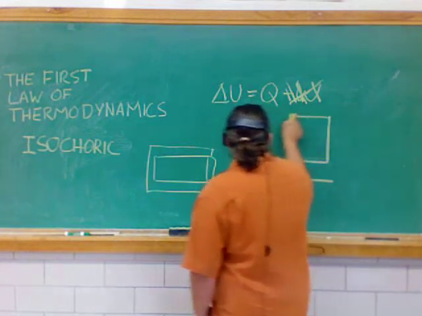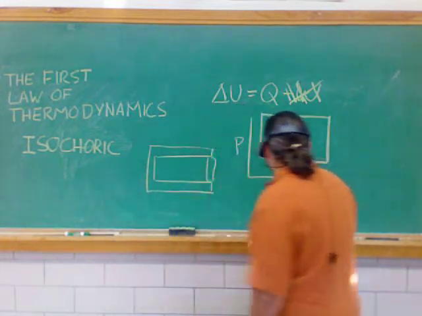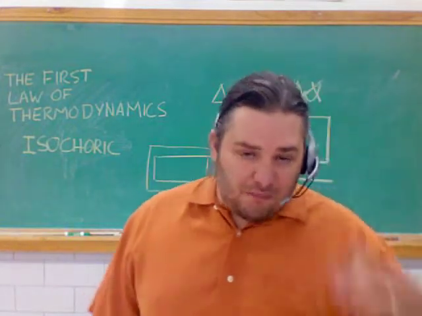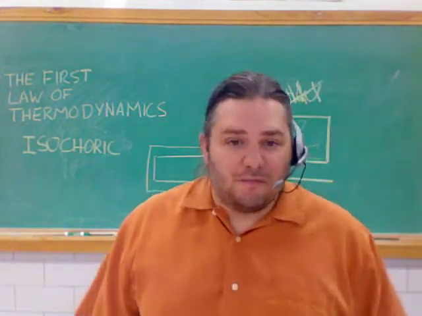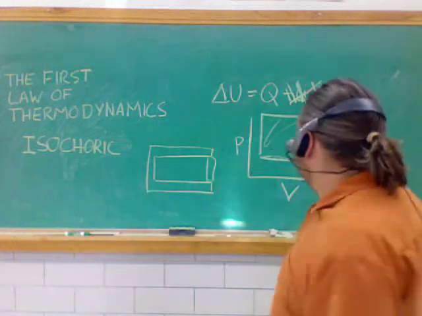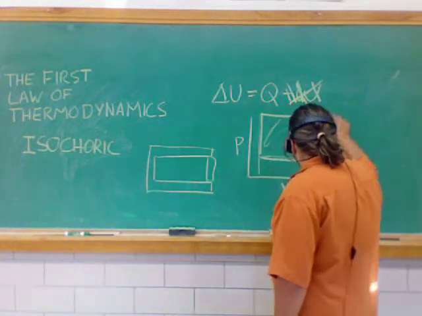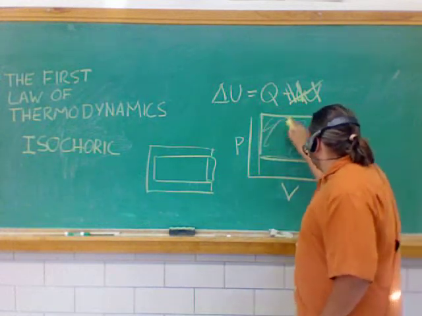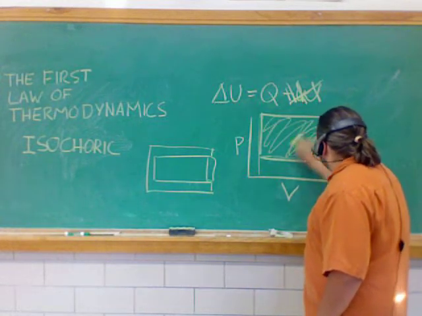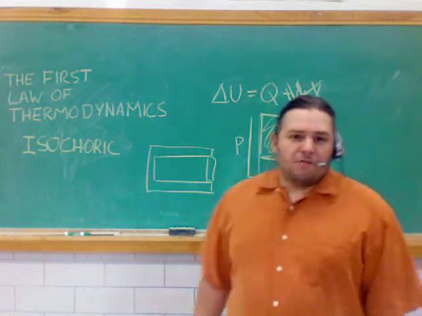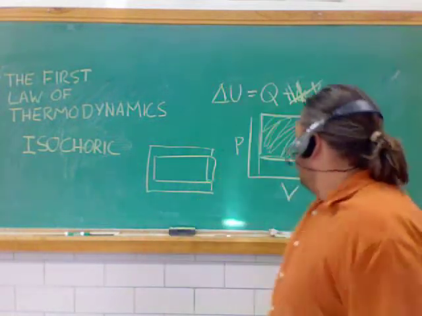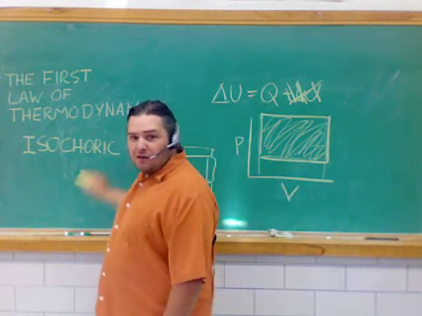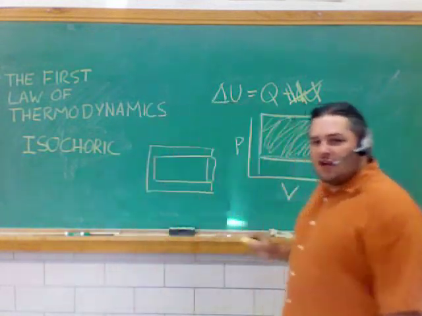If we continue to do this and do this and this, you get a box in here, and that box is the amount of energy that's being dumped into the system. Okay, so this is actually representing the total amount of energy when you consider everything, where this box right here is the amount of energy that's being dumped into the ideal gas. Okay, so isobaric, isochoric meaning an object with a constant volume. It's not changing its volume.